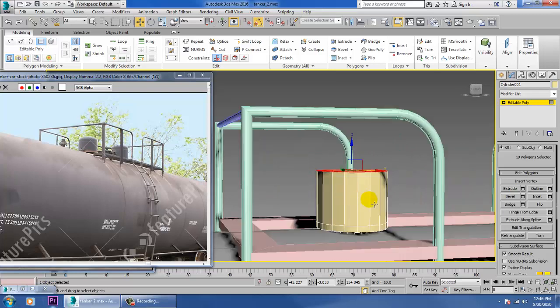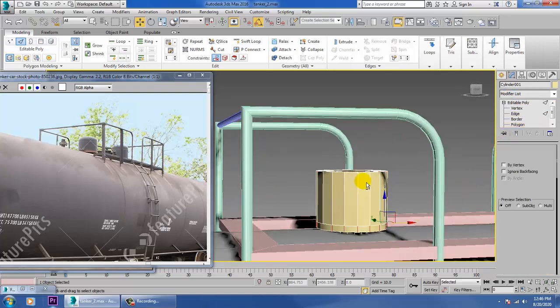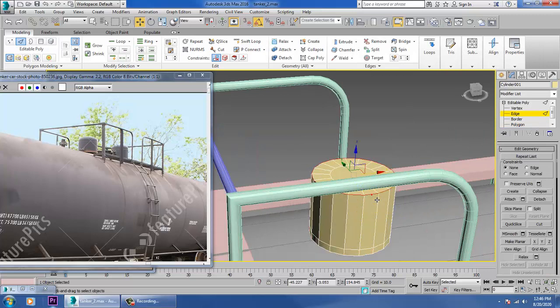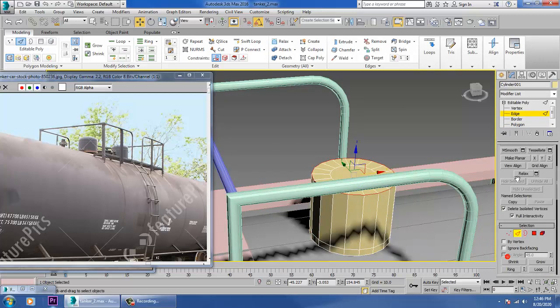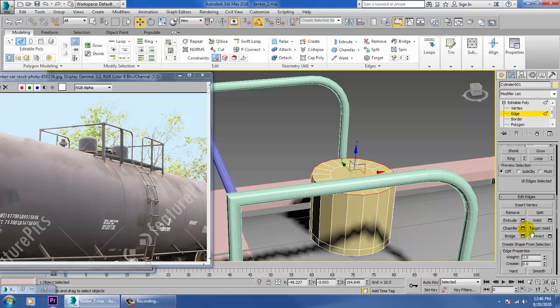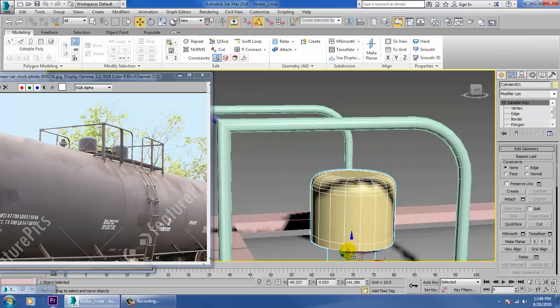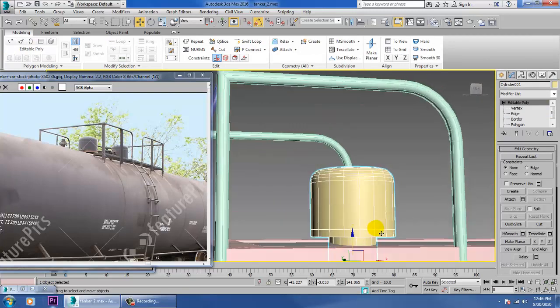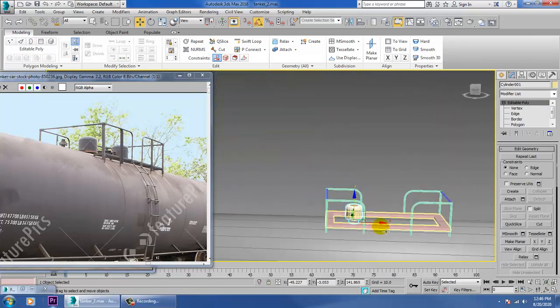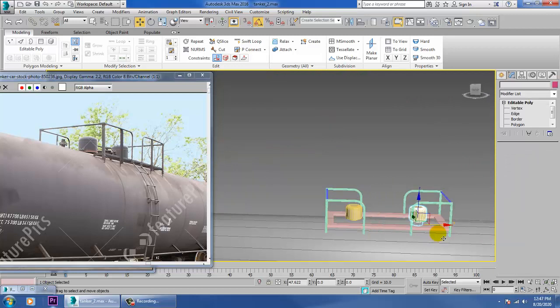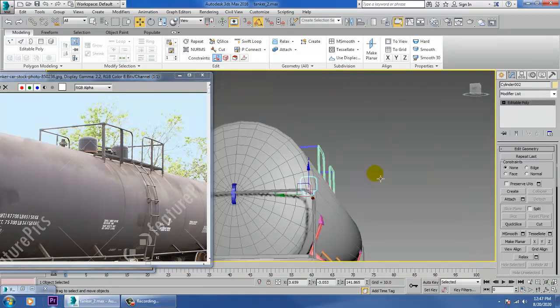And after extruding this up over here, let's select these edges over here and give a chamfer to it. So just push that up and make one more copy of it over here. So keep saving your files.